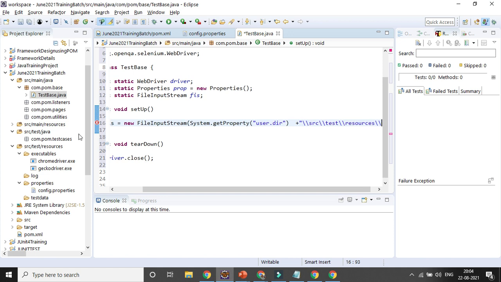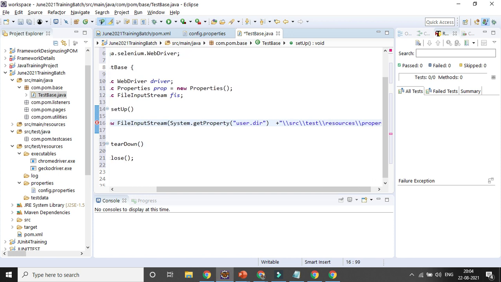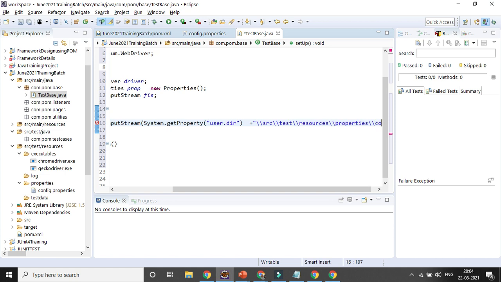After I go to test resources, I'll be going to the properties folder, then the config.properties file name. That's how I'll be recognizing that file.